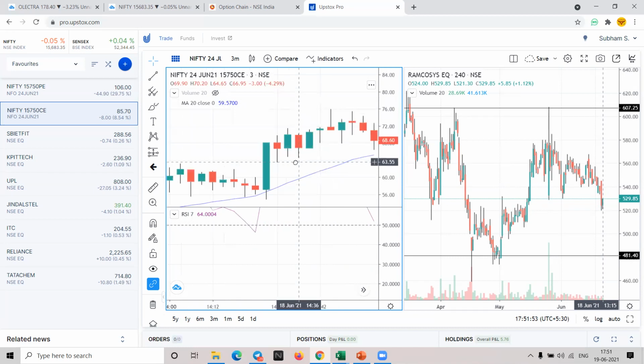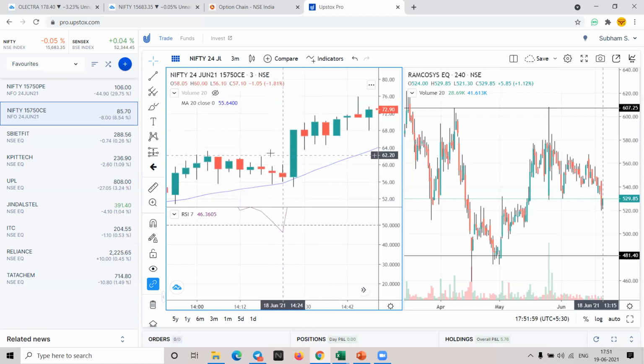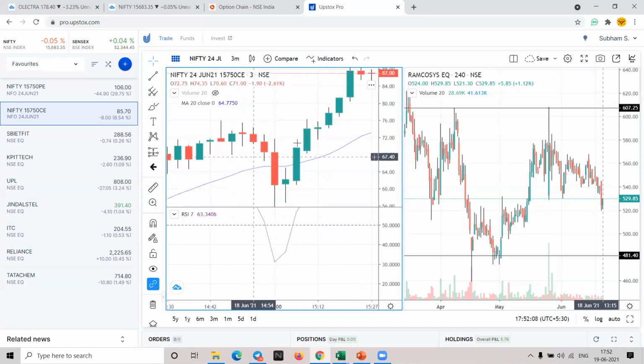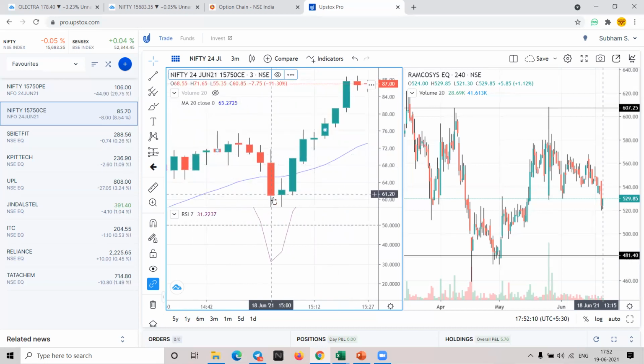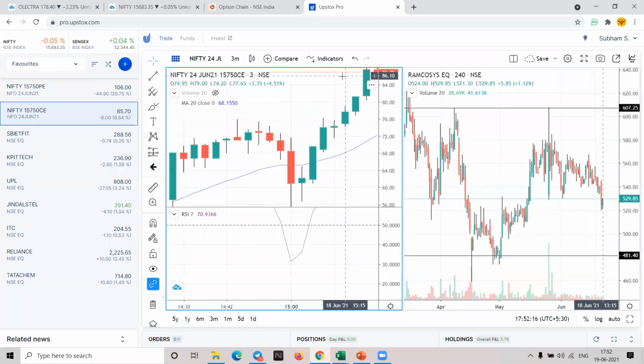Eventually it went up. Here also there is a block candle, but it is far from the moving average. If you see a block candle near the moving average, that will give you a very good entry. Here also, again it came down, and again went up with a strong candle. You can pick up. This is also a strong candle, but there is a minute lower shadow.